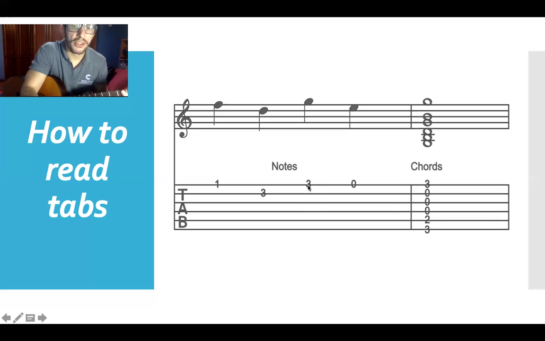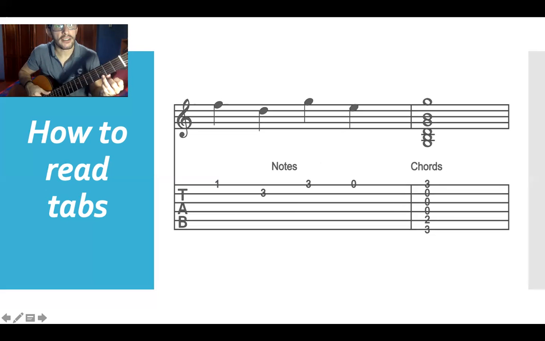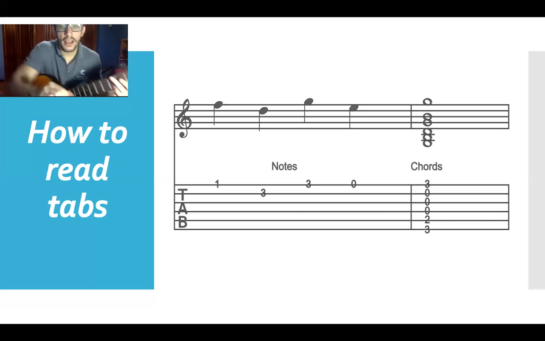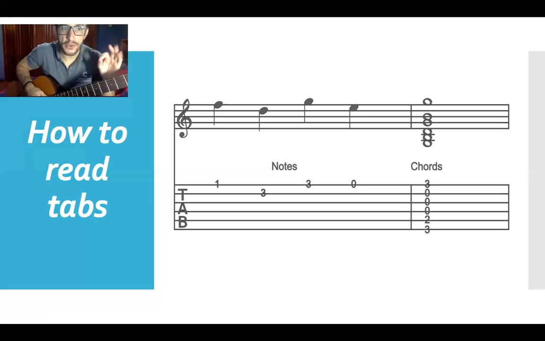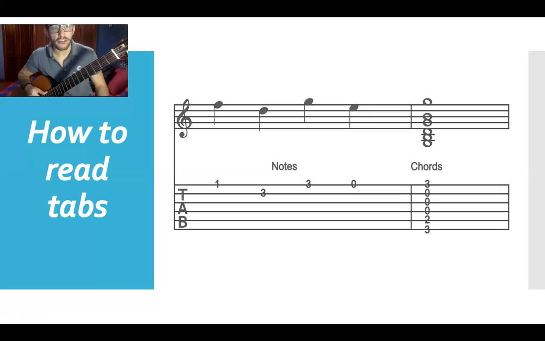Then we have number 3 on the first string. So that means first string, third fret. So the 3 notes we have so far are this, this, and this. And then you have the number 0 on the first line, meaning that is going to be the first string. But what fret? 0 means open, so simply the first string open. So the 4 notes we have are